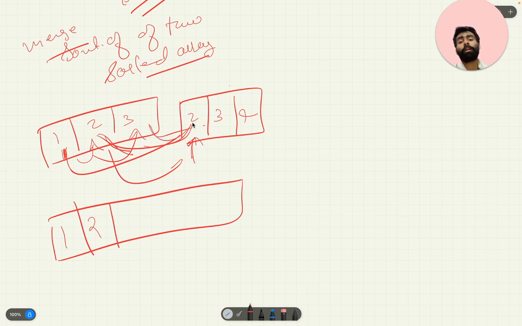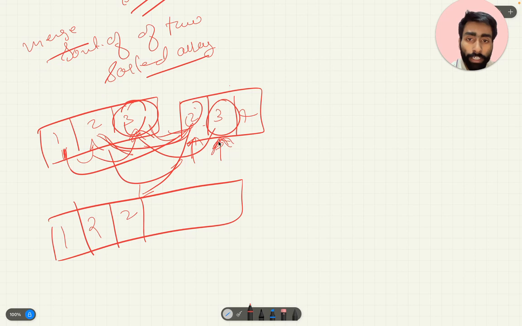And now we will compare these two. Once this one is greater and this one is smaller, in that case the smaller one will be added to the array. And now we will compare these two. In this case these are equal, and after every comparison, the pointer of the element which is added is incremented. So in this case the pointer here is incremented and there it remains at the position.